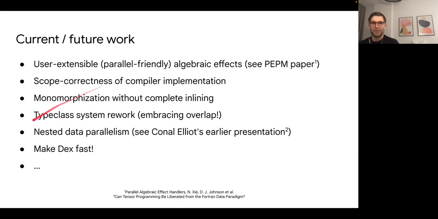Another one is nested data parallelism. I really enjoyed Connell Elliott's earlier presentation in the last edition of this seminar. We have somewhat similar ideas with those structured index sets and viewing arrays as tries. The big difference is that DEX does not support recursion right now, and once we have recursion, we probably want nested data parallelism. So we're trying to figure out how to express things like that in DEX. I think we're on a good track, but not entirely there, and I really want to take us all the way there. And finally, just really make it fast. There's also a bunch of other